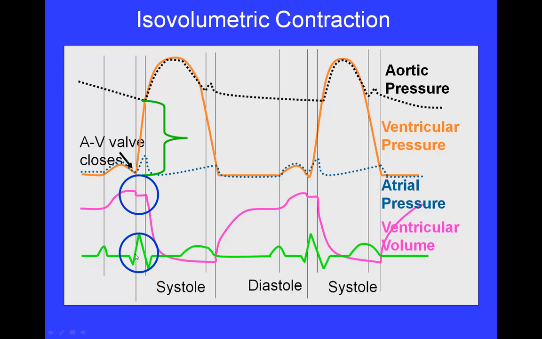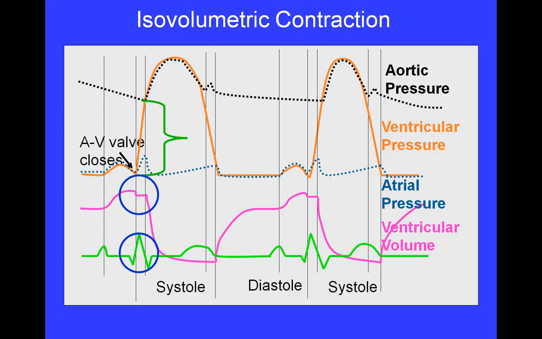The next thing that happens electrically is we get the QRS complex. So the Q is the downward wave, the R is the up, down is the S. And then we notice that during this initial part of that period, there's no change in ventricular volume. And that's because this portion of the cycle is called the isovolumetric contraction. The ventricle is fired, it's contracting, but there's no blood that's left the system because the aortic valve has not